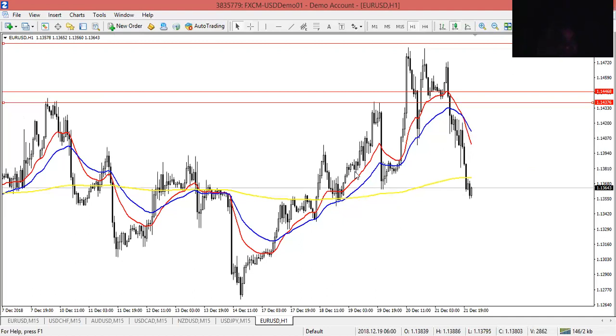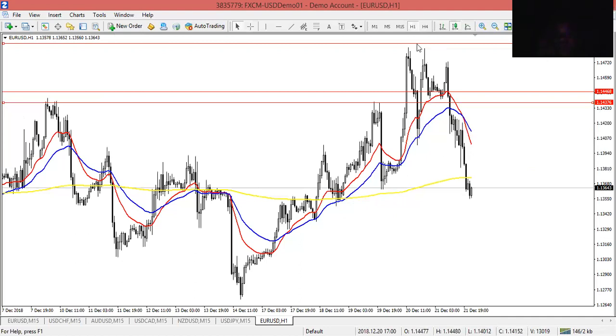It takes each candlestick 1 hour to form. So immediately you see that the red and the blue have crossed the yellow,